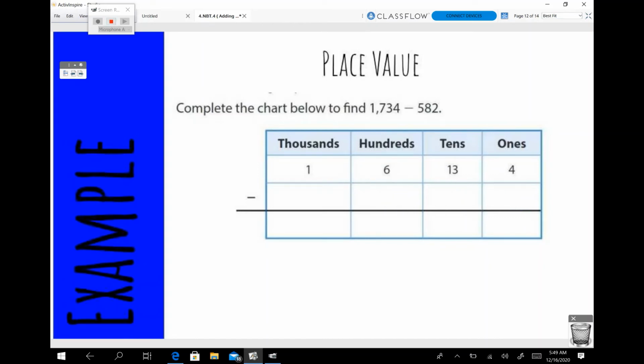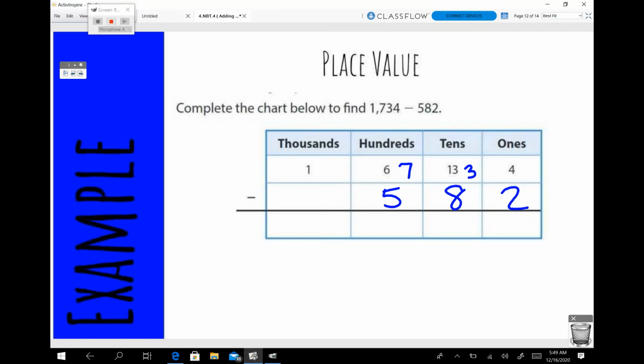okay, so taking a look at this problem, it looks a little bit different than what we're used to. They did not copy the exact same numbers down from the start that we would have. But really, when you look at it, 1,734, that's what used to be here. But when we copy down 582,